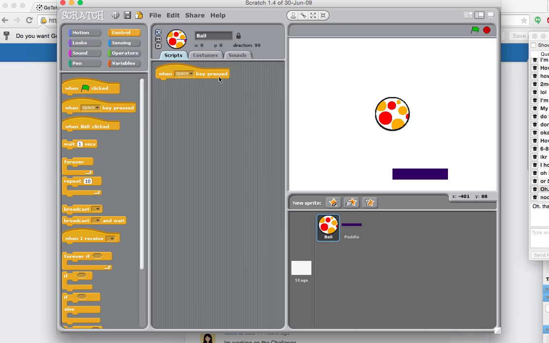Okay, so eyes on my screen. I'm going to say when space key is pressed. That way, the user can play more than one round. So when the space key is pressed, it's almost like a reset. Okay. So what do I want to happen when the space key is pressed? Well, I want this ball